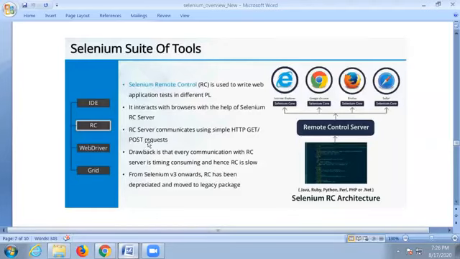The RC server communicates using simple HTTP. No HTTPS, not possible. That's one drawback. The drawback is that every communication with RC is server time consuming, and hence RC is very slow in execution. That's why from Selenium 3 onwards, RC has been deprecated and moved to legacy packages. So they merged everything into WebDriver. Then why again RC? If I'm asking you about RC, there is no more RC in the market. But